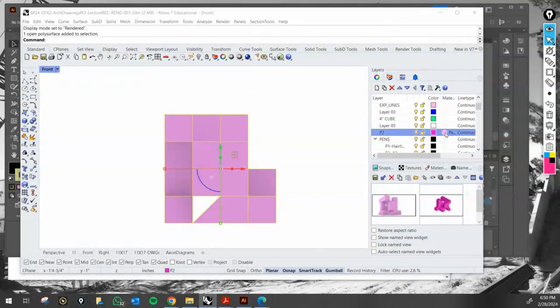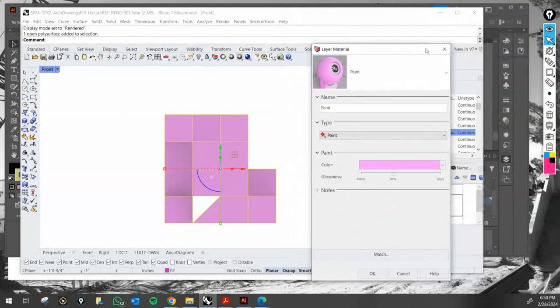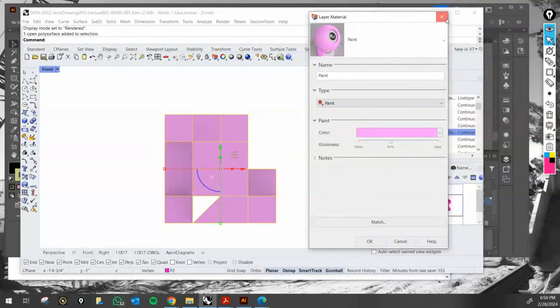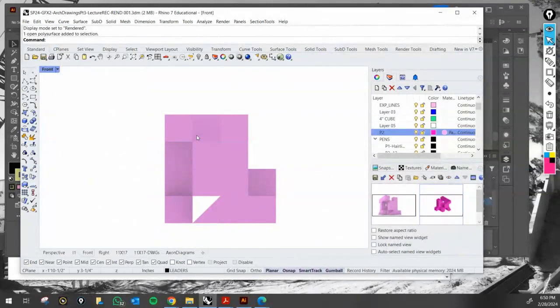You can click right there, and this dialog box comes. And the reason that we're doing a render view, and notice that we're not necessarily rendering, but we're doing a render view preview, is so that again we can achieve some of these shadows that help us read a little bit better the projects, some of that contrast,